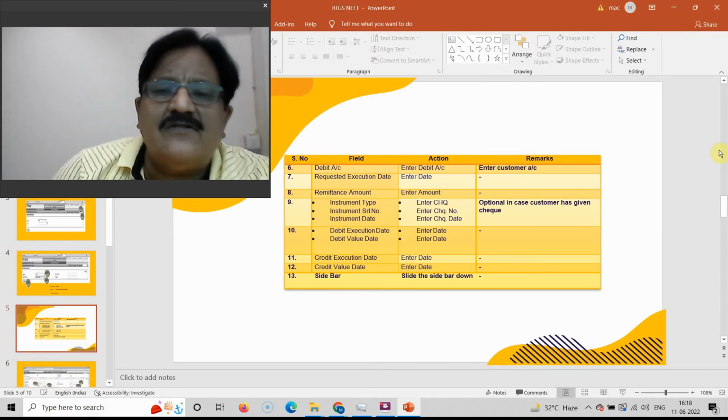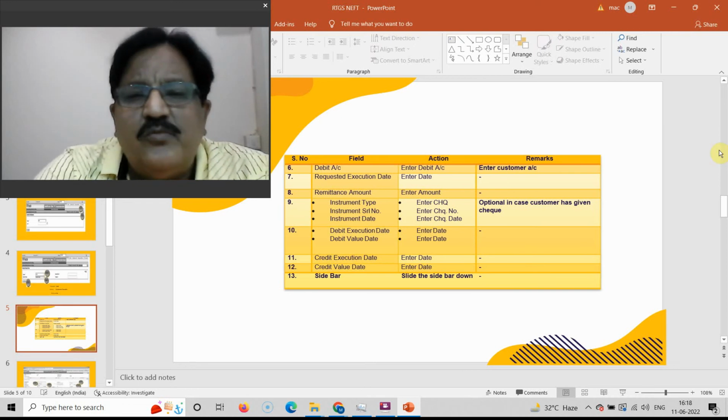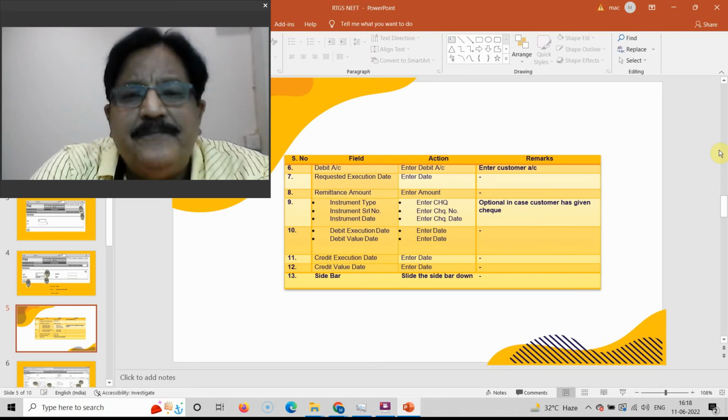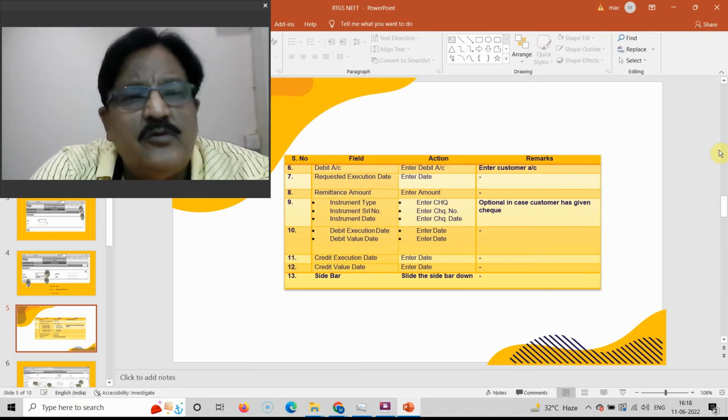Generally, it consists of the dates and the details of the check instrument given by the customer. So requested execution date, Control X would be today's date. Then instrument type, check, instrument number, check number, date of the check, right? These are to be entered. Debit execution date, when the account is to be debited. Debit value date in case you want to be validated, and 3 days validation is allowed in this